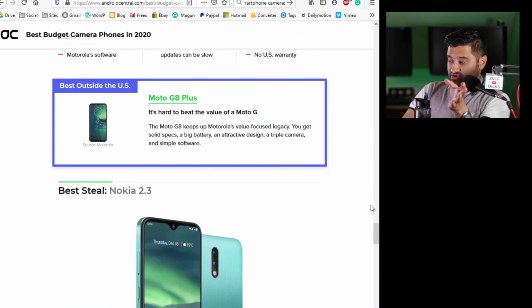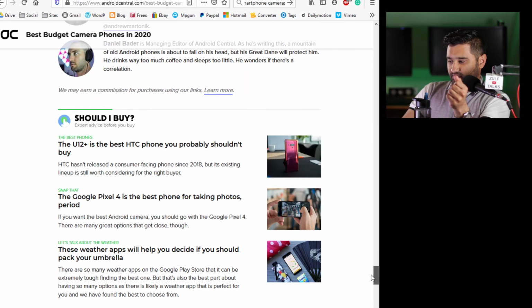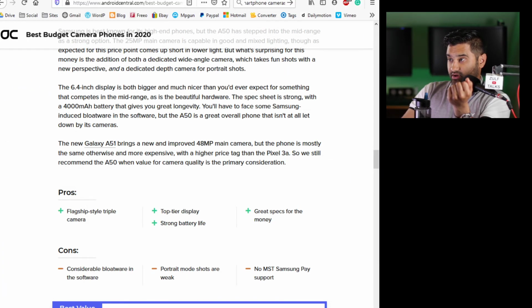But I've given you a few options for phones, which you should think about, because there are additional options out there for different prices and different price points. I was lucky enough to speak to Patrick, who's a co-host on a podcast called Silly Mundane, and he co-hosts it with a friend from Canada. I asked him about his photography, so I did actually speak to him about that. So if I can bring up his episode, I can briefly let you hear his points of view, because it was interesting to hear his...